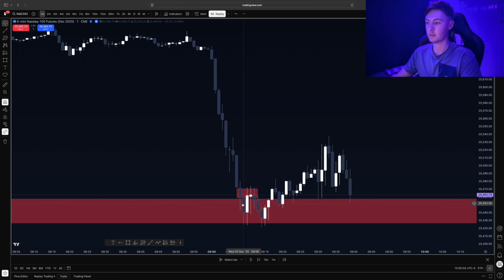So again, price rebalances the imbalance, putting in a swing high. It's not a short term high, this is an intermediate term high. Again, it doesn't have a lower short term high to the left of it and a lower short term low to the left of it. That would usually make an intermediate term high, but what also makes an intermediate term high is when it rebalances